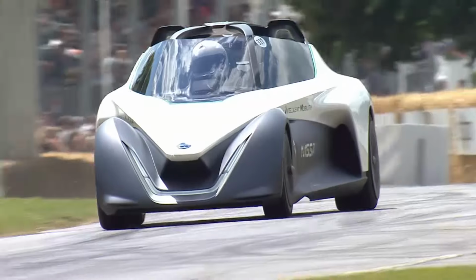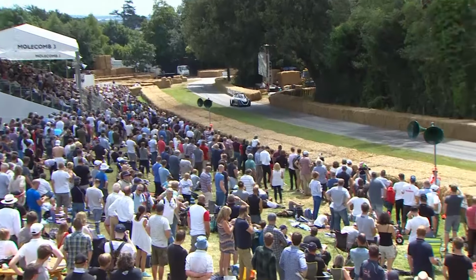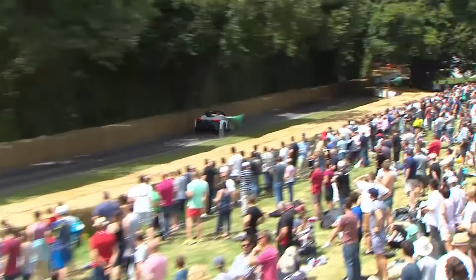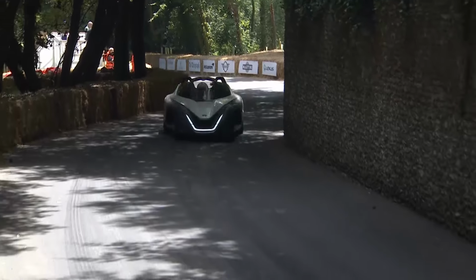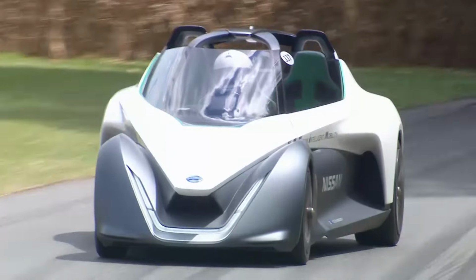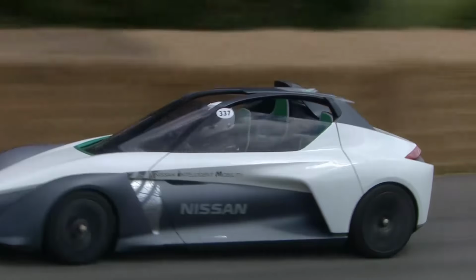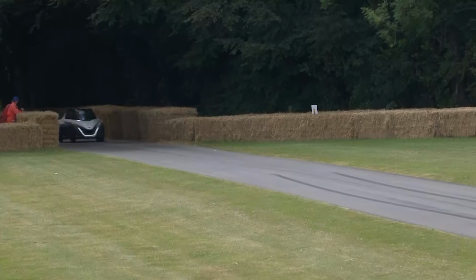Will it ever go into production? Somehow we doubt it, but it's a really interesting electric concept, and Williams have been a great help in developing the electric motors of this car. Yeah, Williams, their advanced engineering division, they're really into electric power. This has 250 horsepower, 3 seats, very narrow frontal area, which helps it go remarkably rapidly in a straight line,